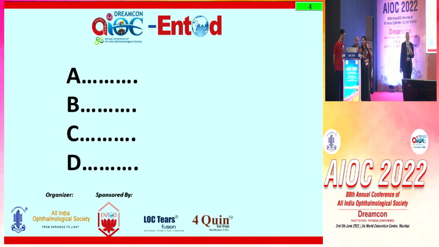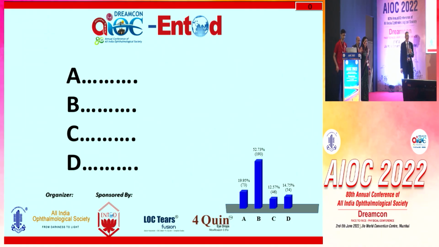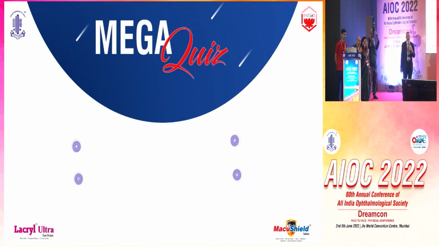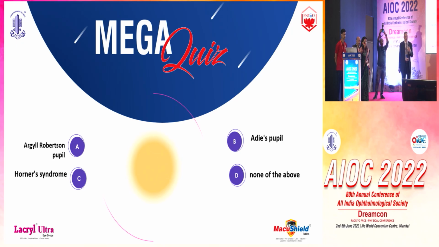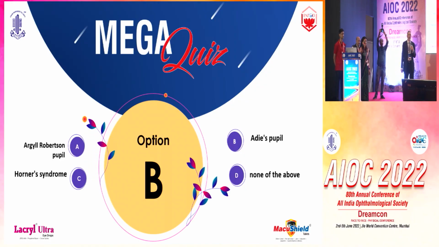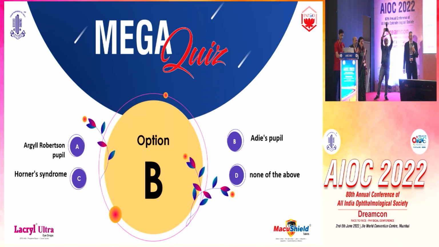Aios pupil, Horner's pupil, Argyll-Robertson pupil. And most of you got that, 52% of you got that as B, and the correct answer is B, Aios pupil. So Aios pupil. Next,